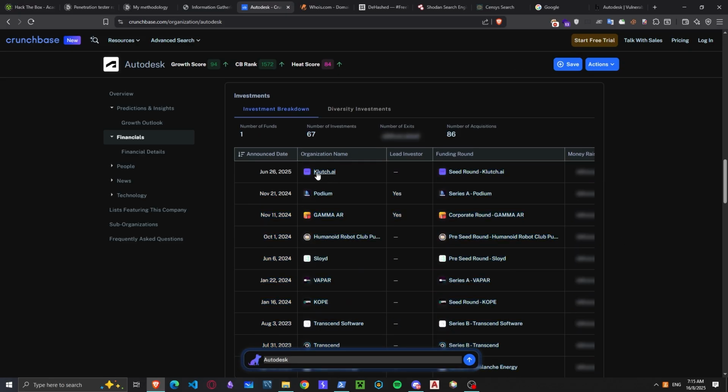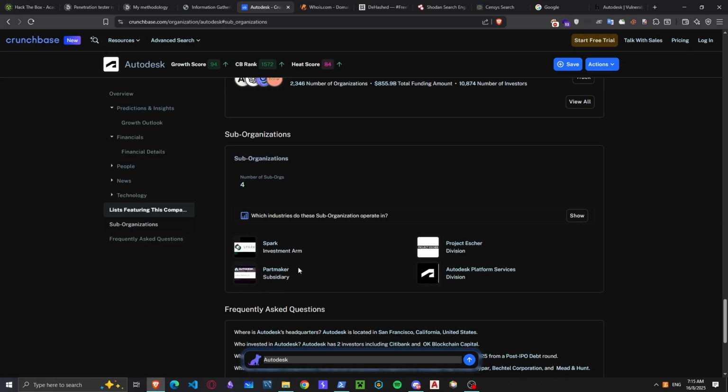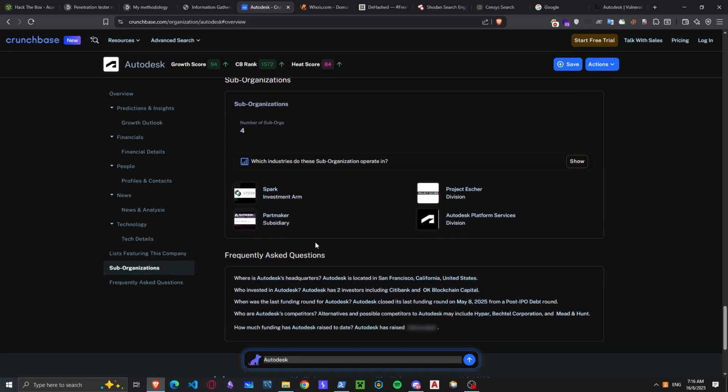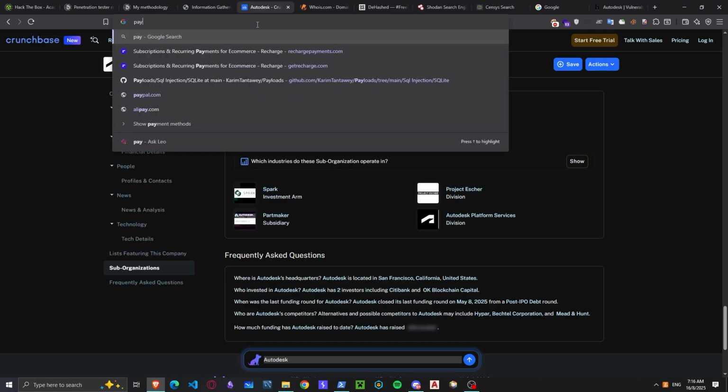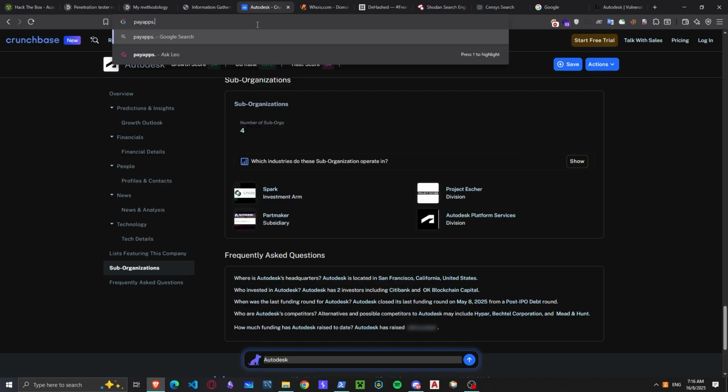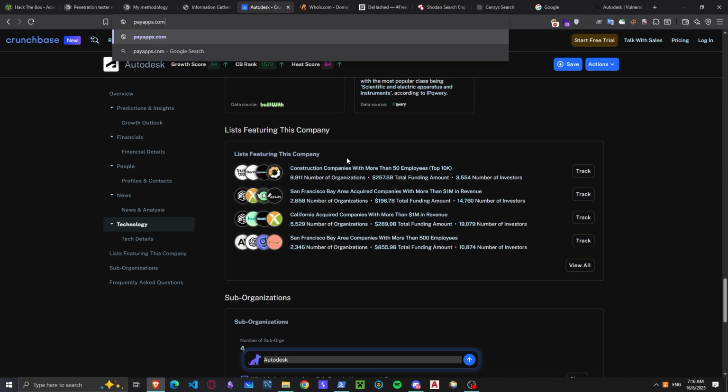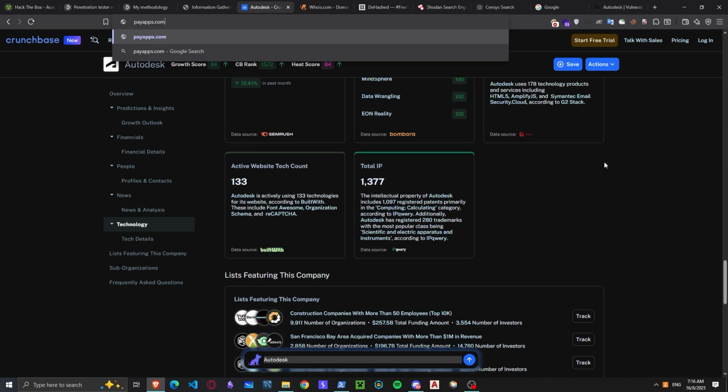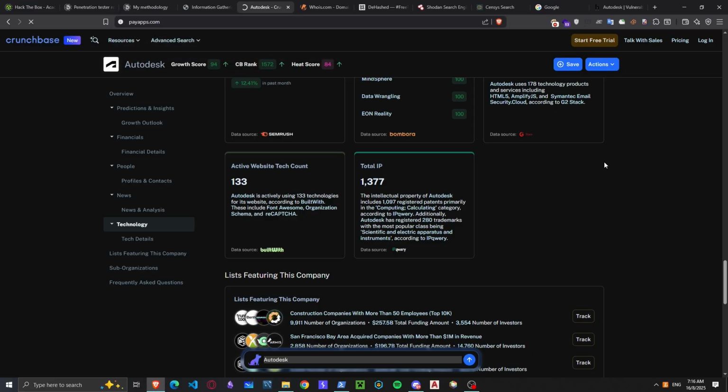Wait, is it? Let's see the sub-organizations, and yeah, you can try to find every company Autodesk has ever bought or acquired, and I found one called BayApps,